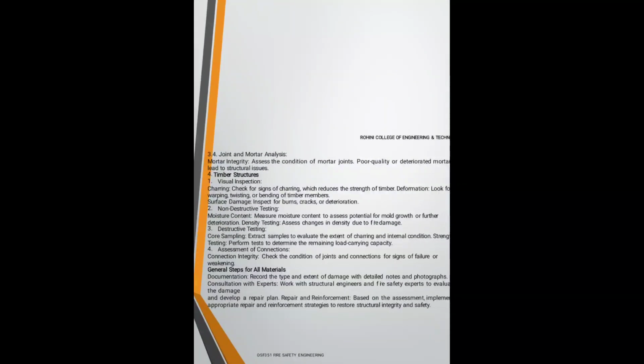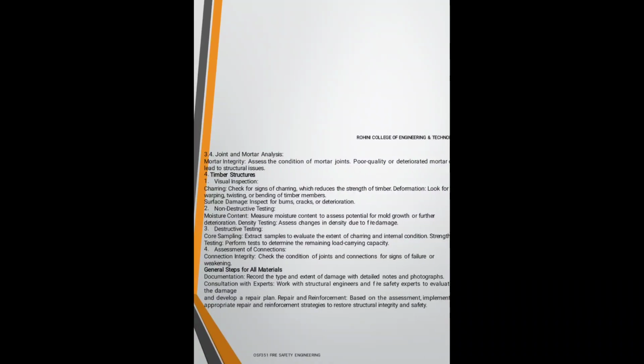Then timber structure: also visual inspection, non-destructive testing, then destructive testing, then assessment of connections. These are the assessment procedures made in the timber structure. First one, check for signs of charring, which reduces the strength of the timber. Deformation: look for warping, twisting or bending of timber members. And surface damage: inspect for